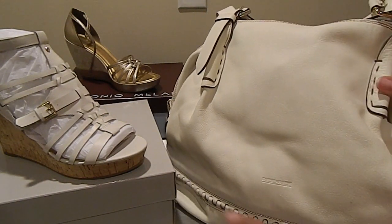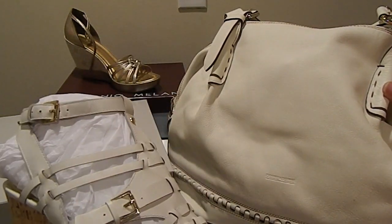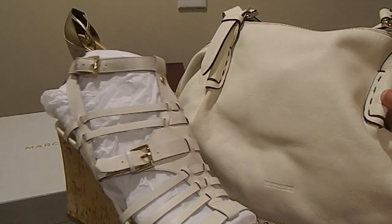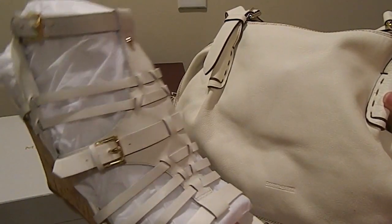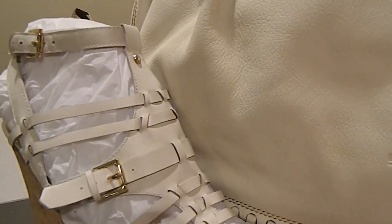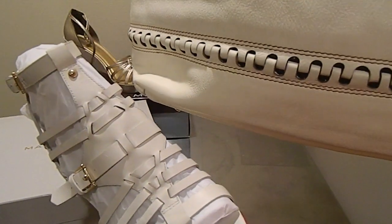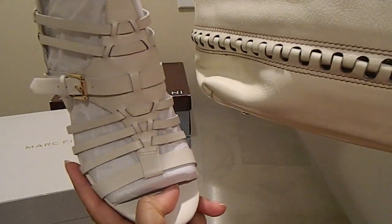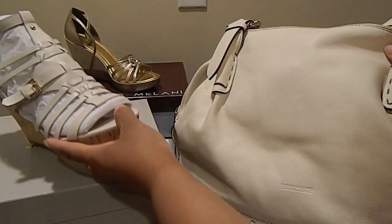And then these two, I don't know. Maybe Peter Dooney and Marc Fisher sat around at their lake house one weekend and decided, hey, I'll design the shoe if you design the bag, because I promise you these two are perfect for each other. And when you look at the braiding detail on the bottom of the bag and the stitch work, and then the details on the top of this shoe,